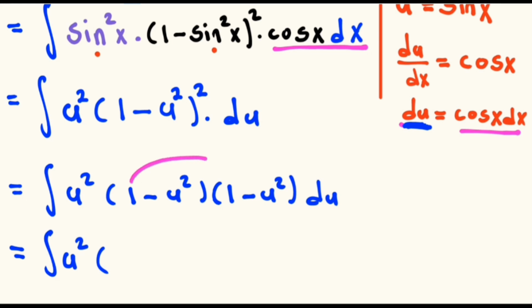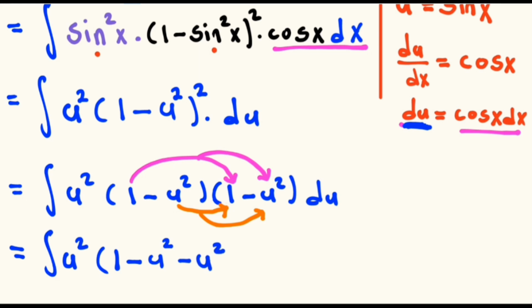Distribute first the positive 1 in that parenthesis, so the 1 multiplied by 1 will be equal to 1, multiplied by negative u squared will be equal to negative u squared, and we distribute the negative u squared inside the other parenthesis. Negative u squared multiplied by 1 will be equal to negative u squared, and negative u squared multiplied by negative u squared will be equal to positive u raised to the power 2 plus 2. So the bases are the same, so we add the exponent. 2 plus 2 will be equal to 4 multiplied by the du,